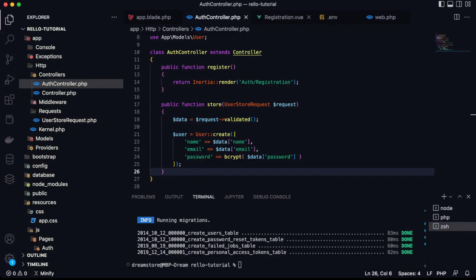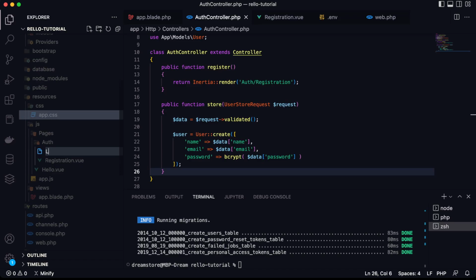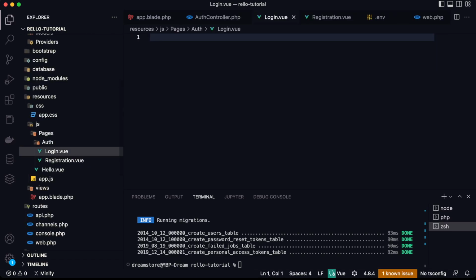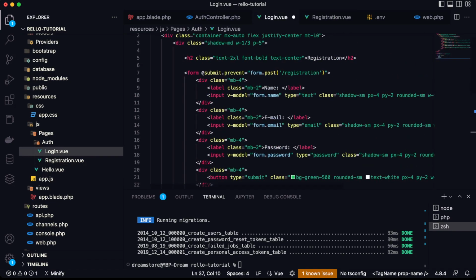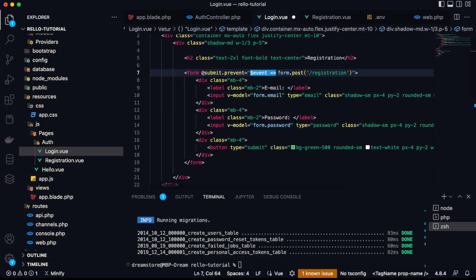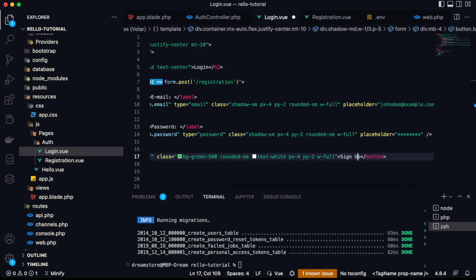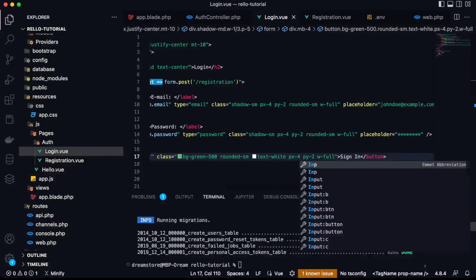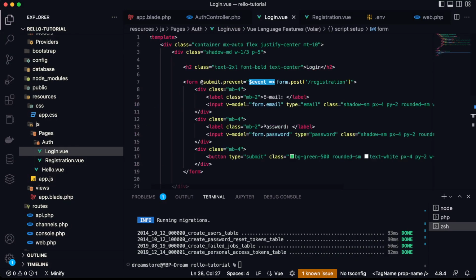Let's first create a new component in the auth folder that we created in the pages folder, and let's name it login.vue, and let's copy all the code from registration.vue and paste it here, and let's remove this name field. Let's just leave email and password, and let's type here login, and let's rename the button to sign in. Okay, sign in. Okay, and let's also remove name from useForm, and let's change the post request to the login